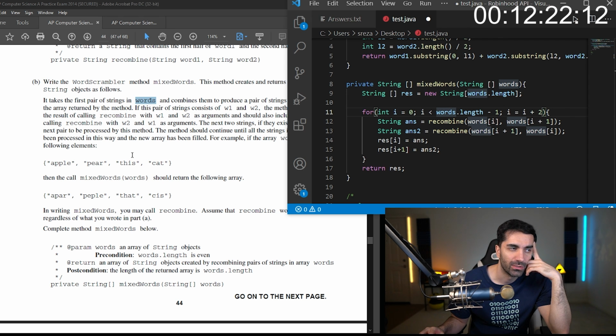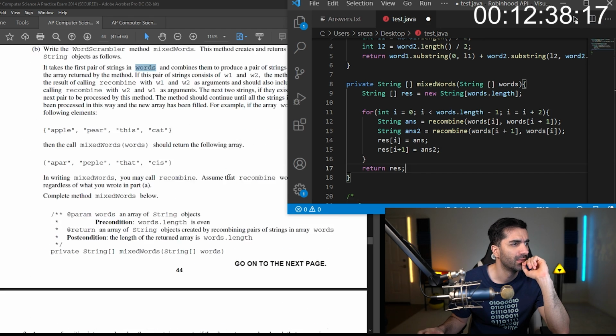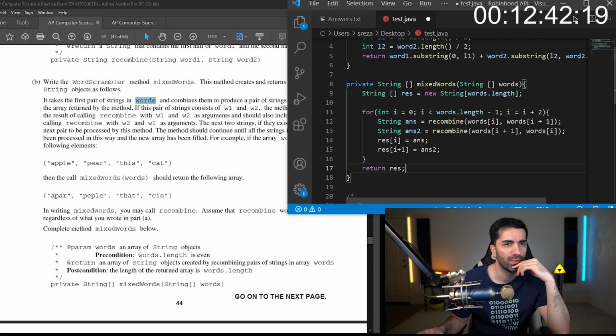Once it goes through again, it'll be 4, and then it's going to break out of the for loop and return the result. So I feel pretty good about this. And I think we're done with question 1.